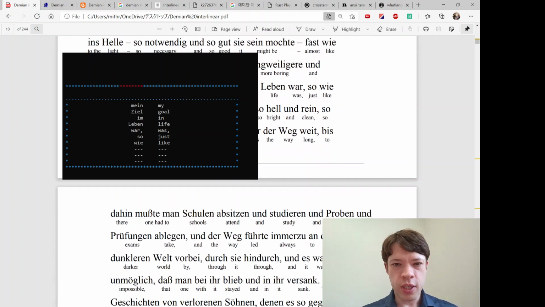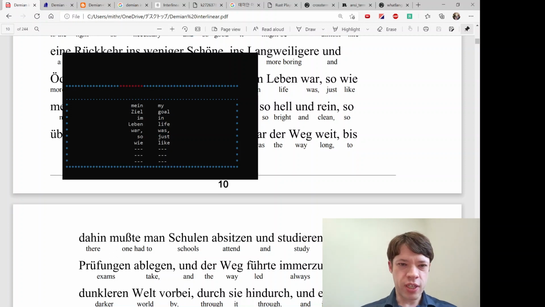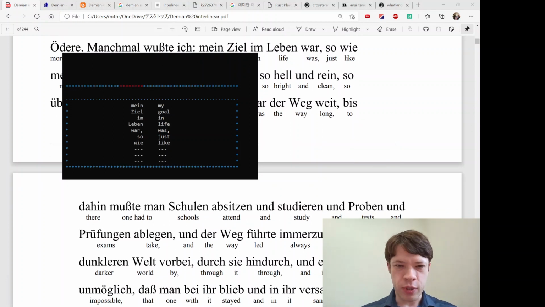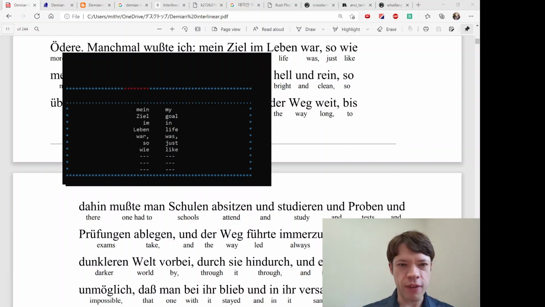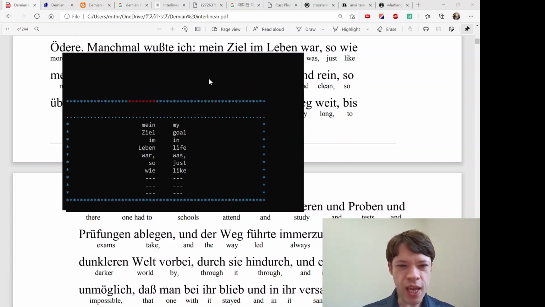There we go. So he's talking about how he was originally a good child, but he was always tempted by this other world, the things that were slightly dangerous, more interesting than just living out a good life as the child of your parents. And so you can see the way it works is the